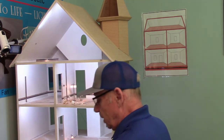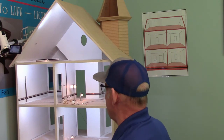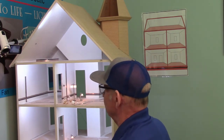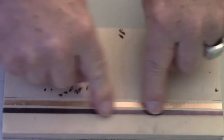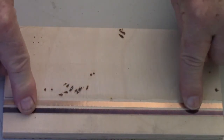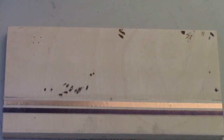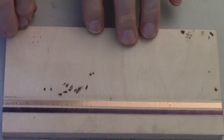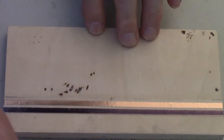I'm going to show you on the board here what we need to do. Then we'll go to the dollhouse and I'll show you where I have already done it. We're looking basically at the ceiling of one of the rooms, and we have run the flat tape wire across to a section where we're going to be putting the ceiling light in. And for the ceiling canopy, which is the